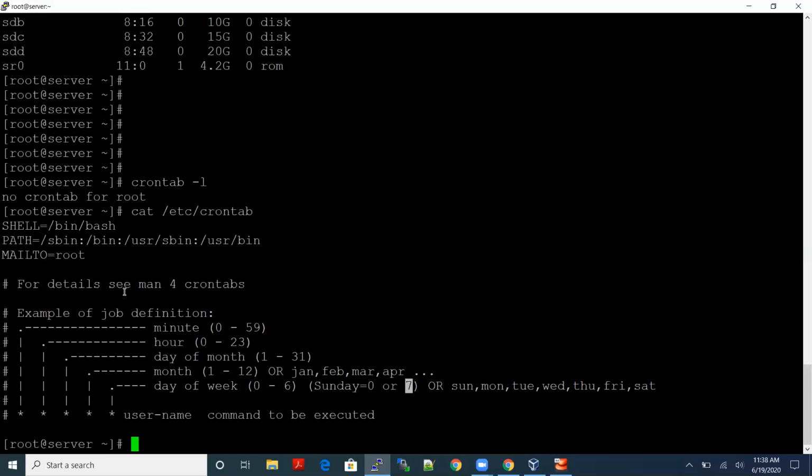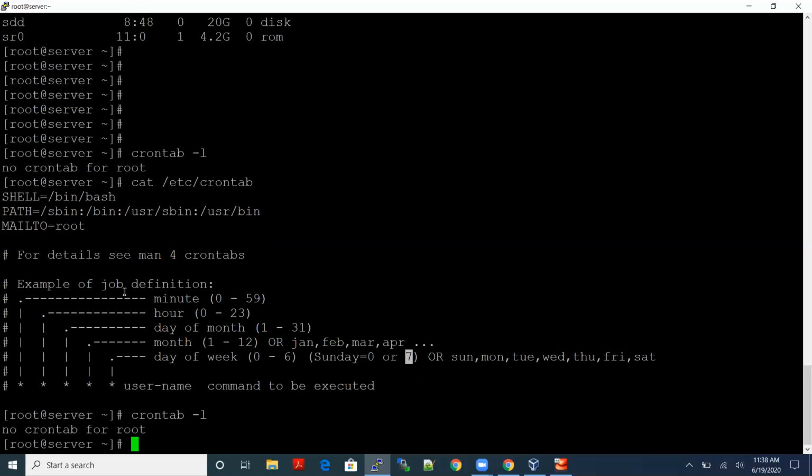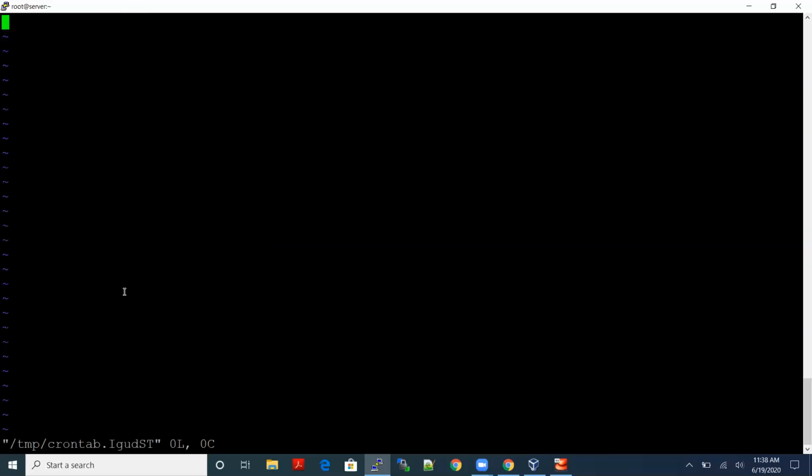If you want to list any cron job on my system, we need to use crontab -l. It will show the available cron jobs. If you want to create any cron job, we need to use crontab -e. It will open the vi editor. In that, we need to specify the syntax with the five stars. For example, in my situation, I need to execute one job every 5 minutes.